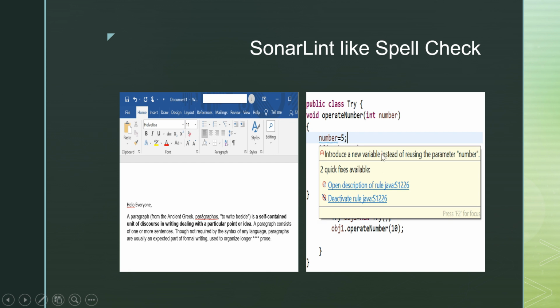So with the help of this fixing, a developer can write very good quality code, right? A developer can apply best practices in his code, and obviously by applying best practices, the developer's code will be of good quality. So if somebody would like to write good quality code, it's very important to use SonarLint.